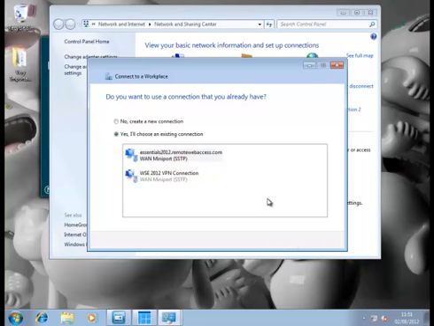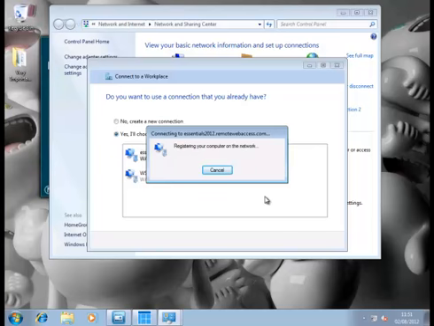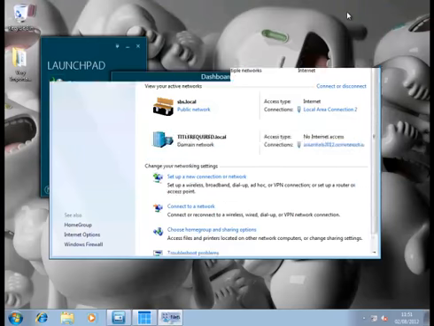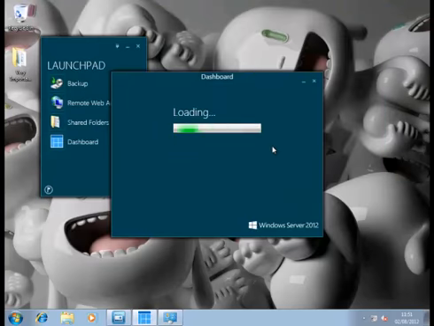So you can see I clearly clicked on the wrong option there. As you can see, the VPN connects quite quickly. There we go. And we'll sign into the dashboard,